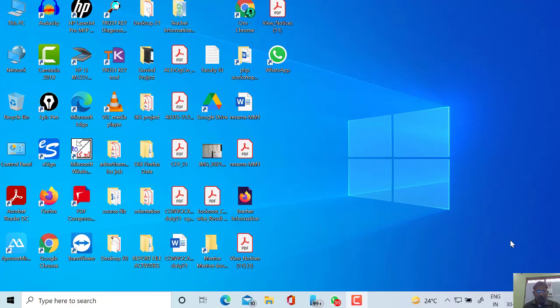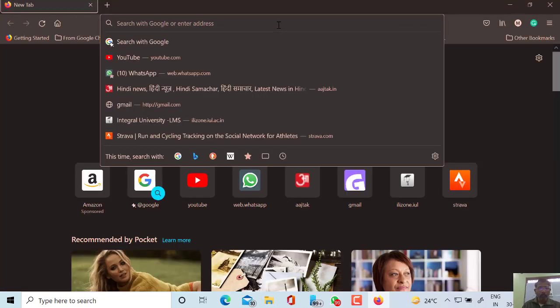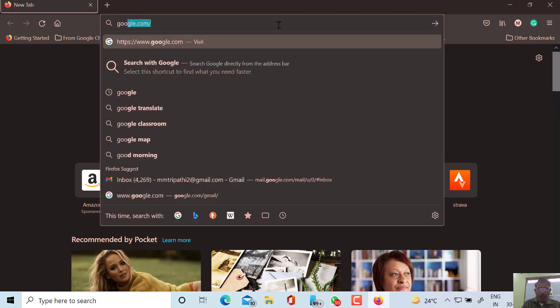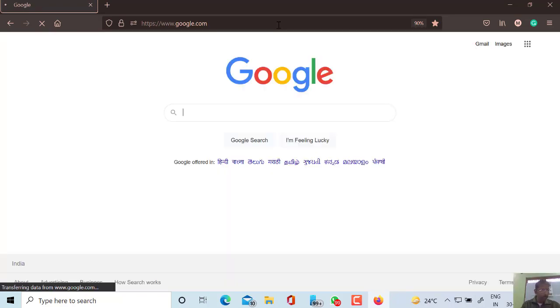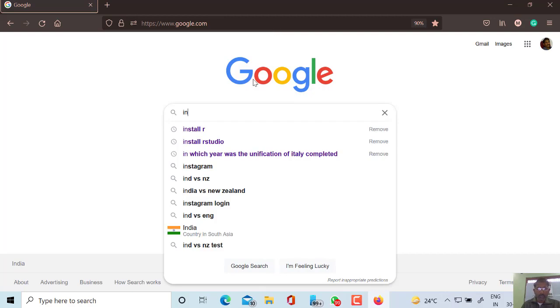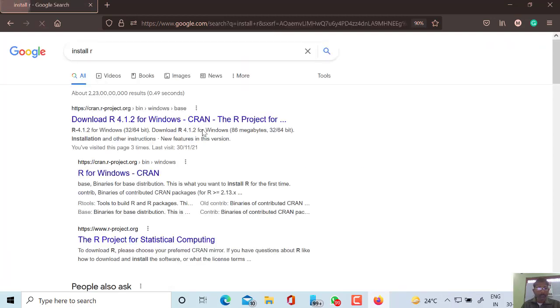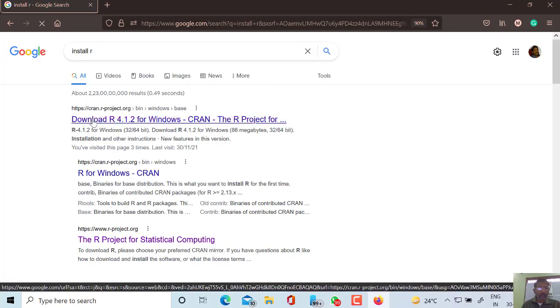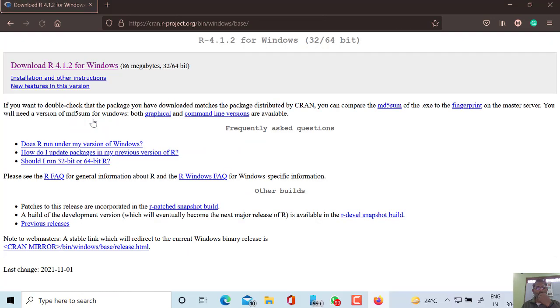To set up R, first of all we go to the site r-project.org. You can directly type here install R, and from here you can download R. The latest version for Windows is R 4.1.2.